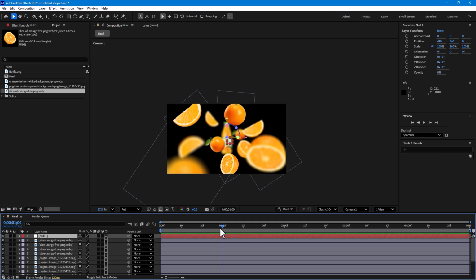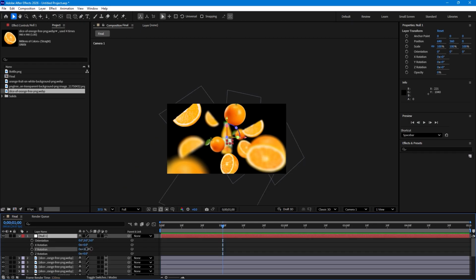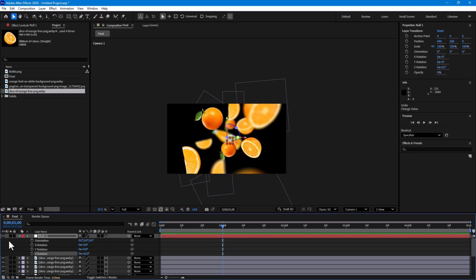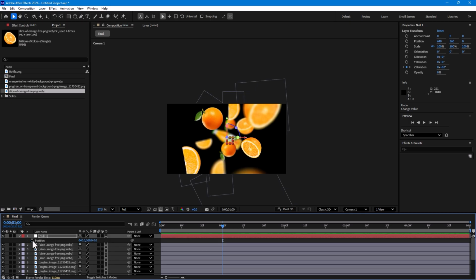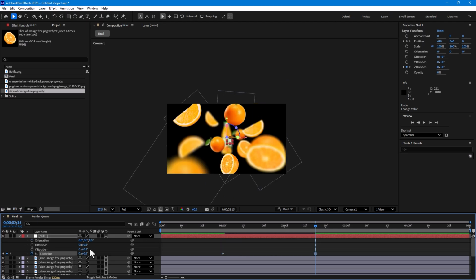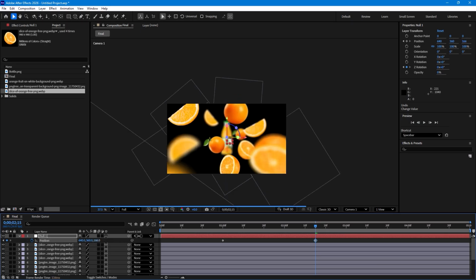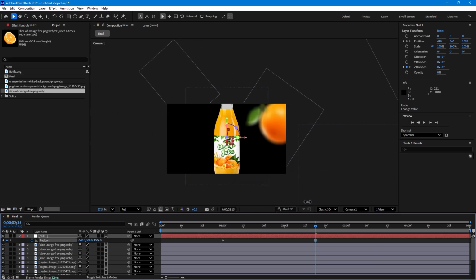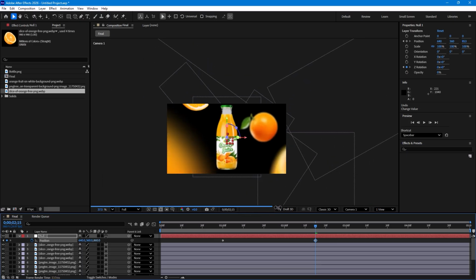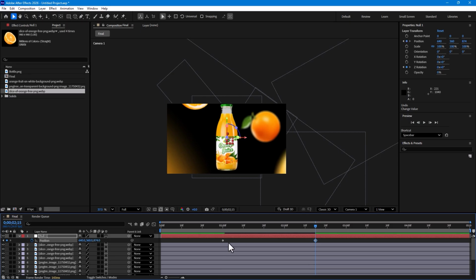Go to the second one and press R for rotate. Rotate the Z axis like this. Stopwatch, press P for position and go to 1 second 15 frames to animate. Press R, change this one to 0, press P to move like this. Great. So guys,